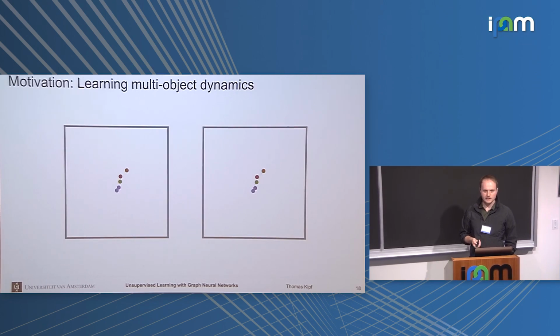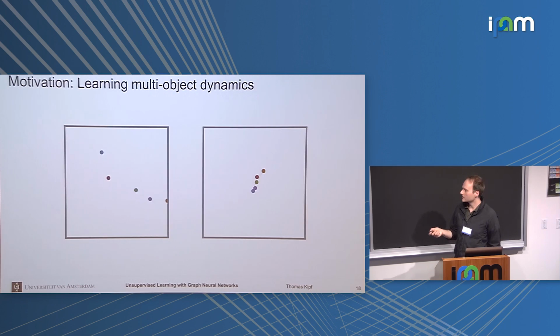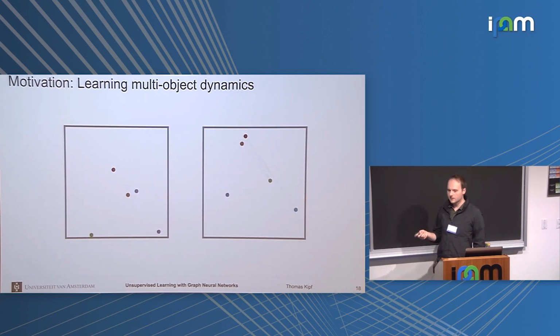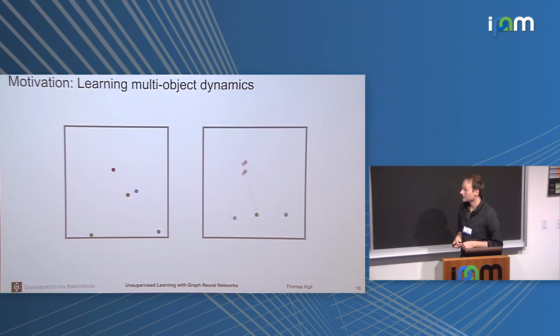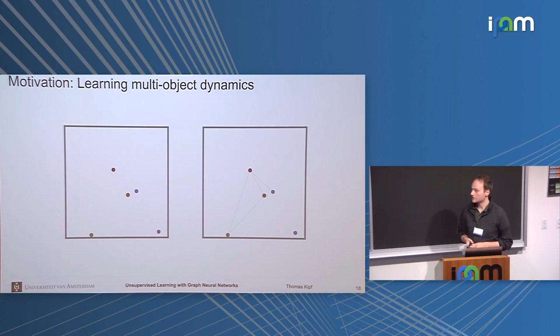The motivation here is that, let's say we're given some kind of mystical physical system like this one on the left, and you would like to understand the dynamics of what's going on. Looking at this might look a bit confusing, but if you highlight the connections between these particles, they're connected by, say, invisible springs, and this gives rise to these interactions and the dynamics, then you can better understand what's going on. But our goal is basically to look at the system on the left without revealing the hidden interactions between the particles, and try to model this with a graph neural net.